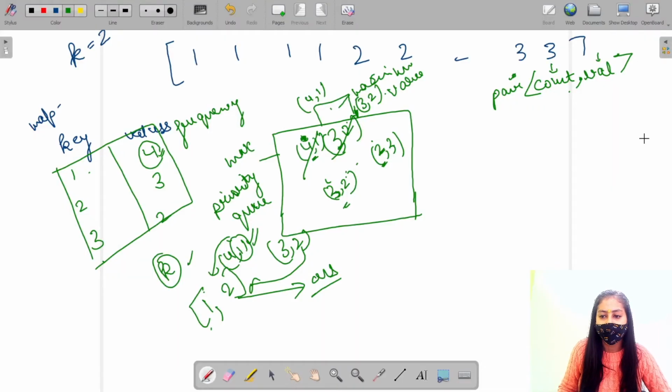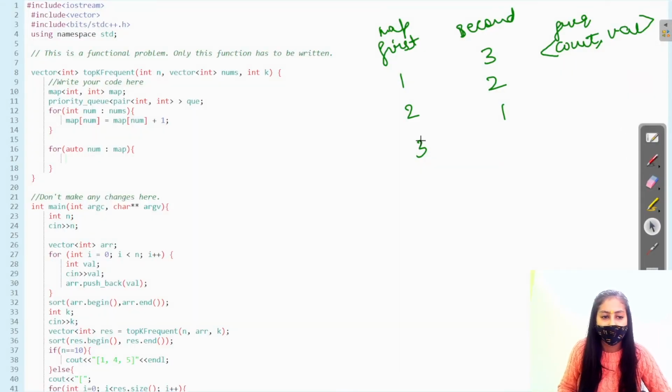So in the queue, push a pair in which the first value is the count corresponding to the given number. So map at num dot first, for example, the first number is 1.